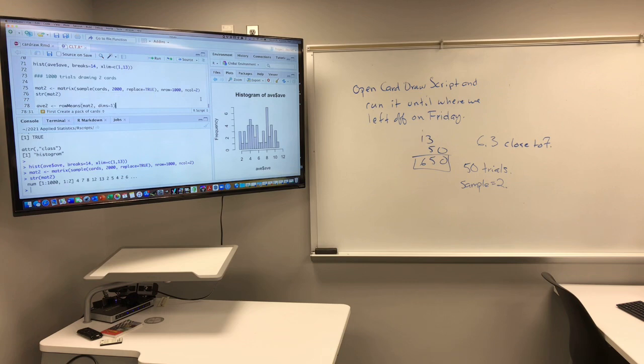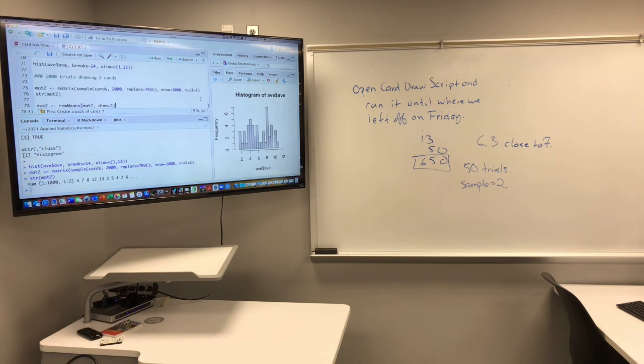So keep in mind that what I've done now is I've made a matrix, but rather than hold on to this matrix, which has more information than I really want or need in it, I'm going to create a new object, av2. It's a new object different from the matrix that we just created that's just going to have the row means from mat2. So mat2 is still in there somewhere, but now there's going to be this new thing,